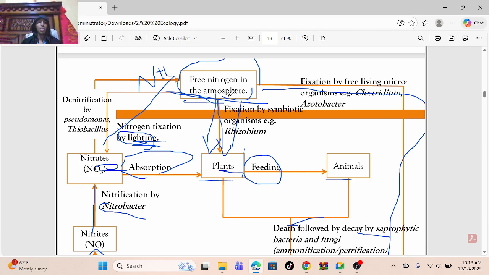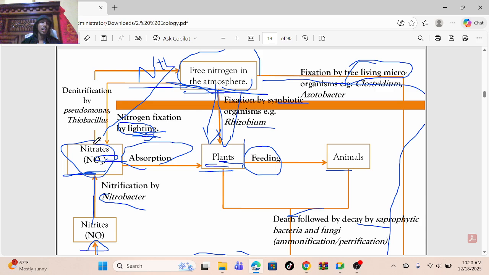So these are free nitrogen in the air or in the atmosphere. This nitrogen from atmosphere inaenda mahali tatu. Number one, inafixiwa by the lightning na inakuwa nini? Nitrate. It will be fixed by the lightning and it will become a nitrate. Then also inaweza fixiwa by living microorganism such as azotobacter, na zinakuwa nini? Ammonia. Also inaweza fixiwa by symbiotic organism like Rhizobium, na inaingia plant root. Sikuwa hivyo. So that's all.